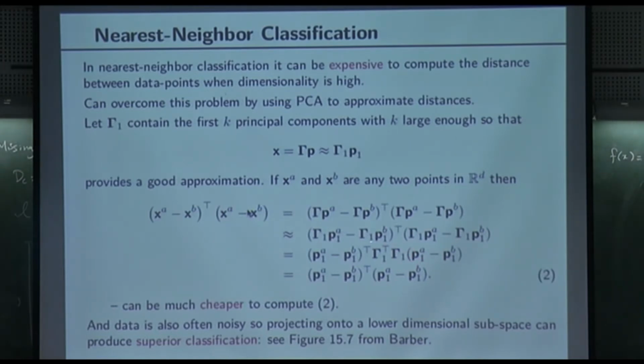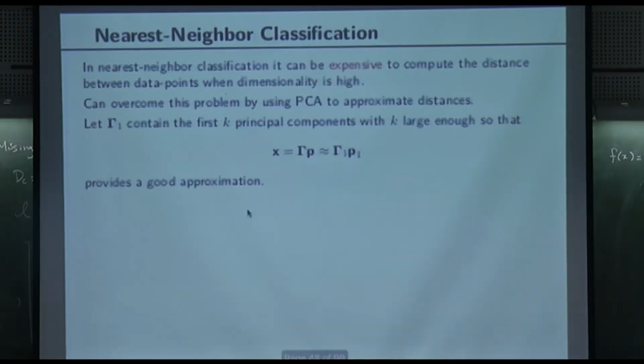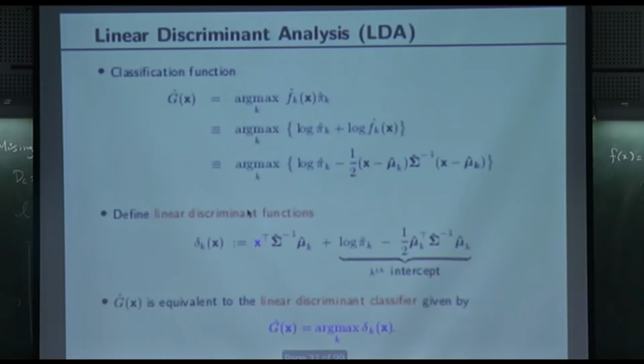Why is that? Because these are the principal components, so they are orthonormal. So this just becomes an identity matrix, and you end up getting that just the differences in the principal components is enough. And so if X is 1,000,000 dimensional, but P1 is 2 dimensional, you end up getting this to be much cheaper. So going back to my images of 3s over here,